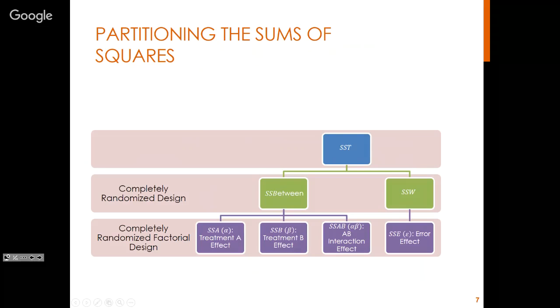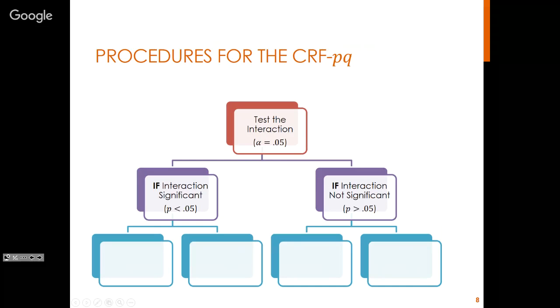So the partitioning of our sums of squares is similar to the ANOVA in that we are separating our between and our within variability. But since we have multiple treatments, we need to be able to detect the treatments individually and that interaction. So we take the sums of squares between and further partition it into each of the treatment effects and the interaction. We first test the interaction